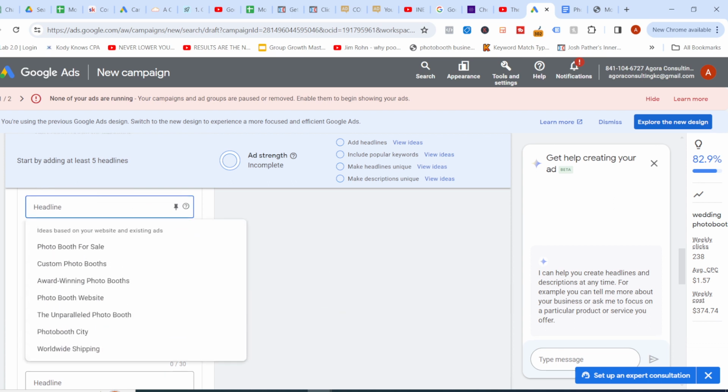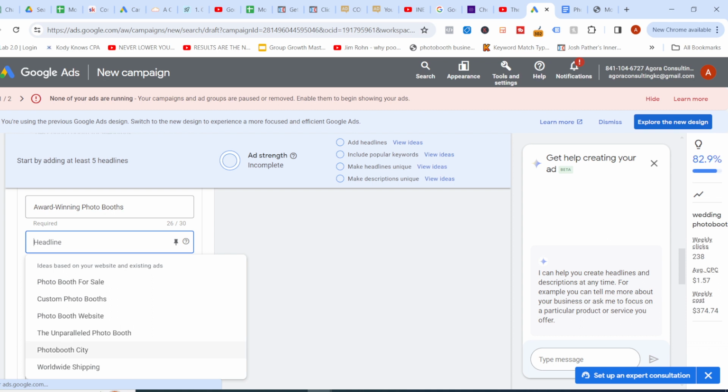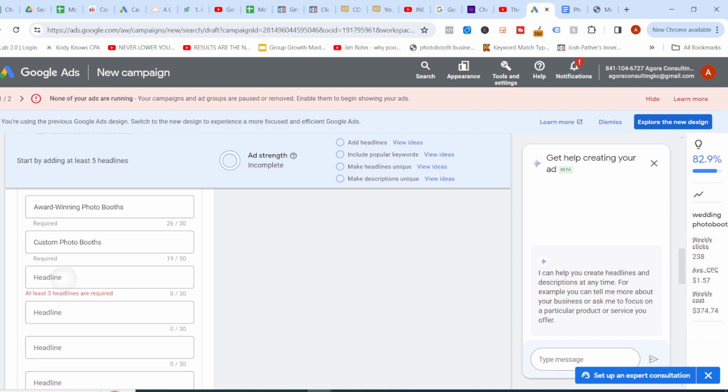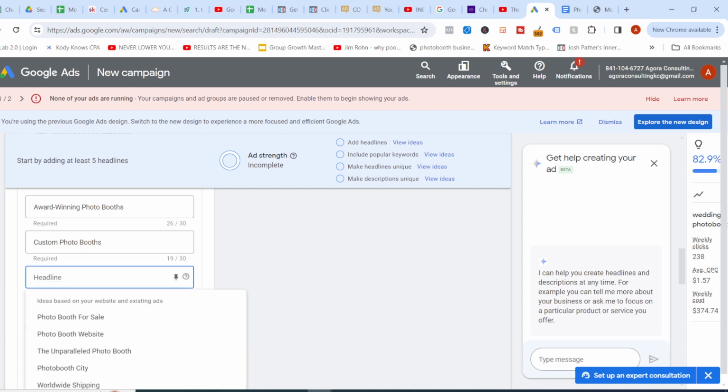So I'm not going to type a lot. Obviously, it seems like Google is pulling off some of these phrases from the website Photo Booth City. So I like award-winning photo booths. That's dope. Custom photo booths. Again, I told you this is for weddings, right? They're not really interested in purchasing a photo booth for sale or photo booth website, right? Worldwide shipping. So let's type